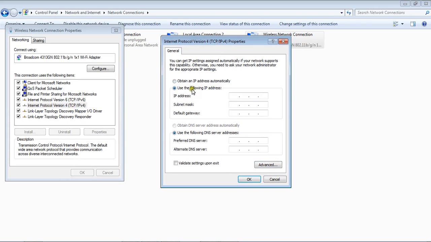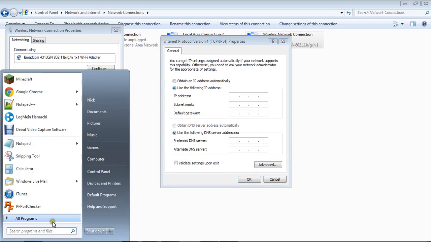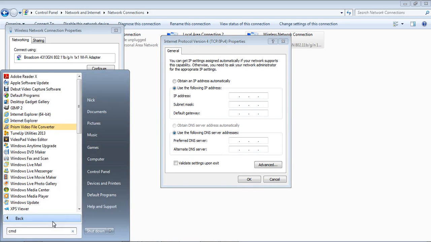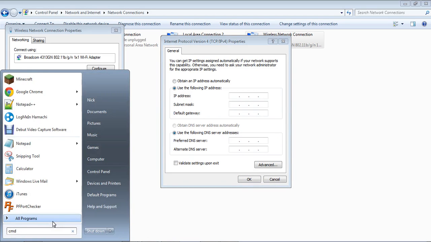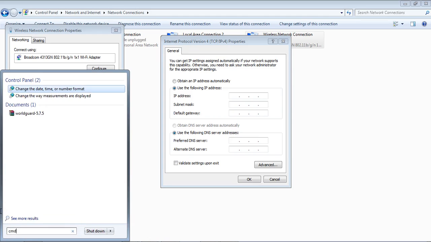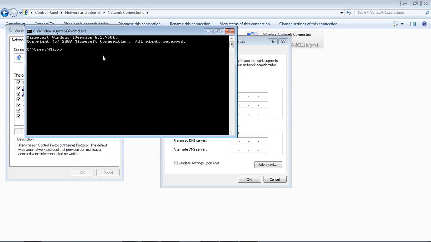So hit use the following IP addresses. Now this is where you need that command prompt. So you type in CMD and click enter. And then here you want to type in ipconfig /all,